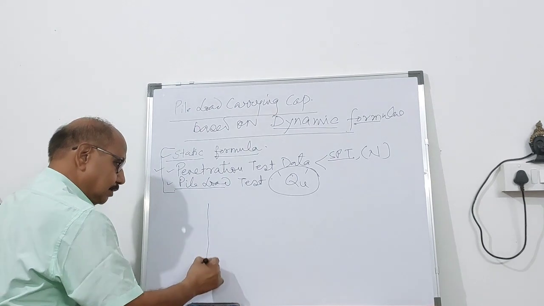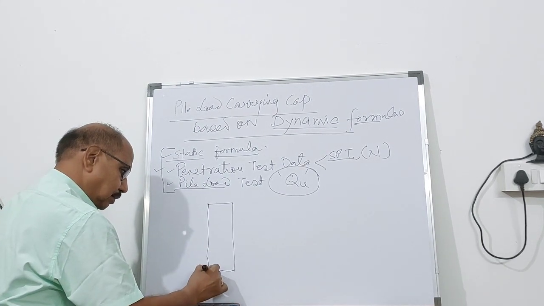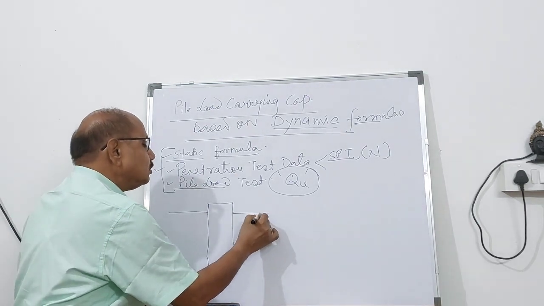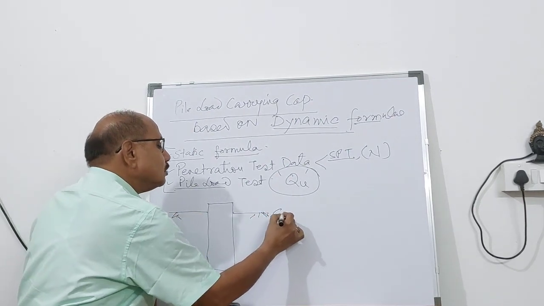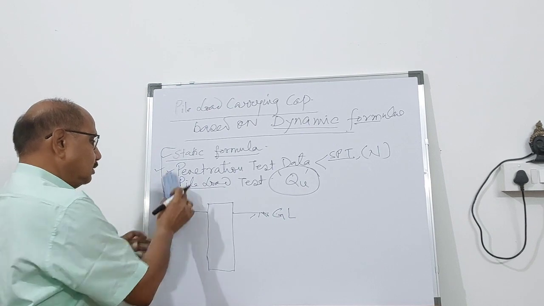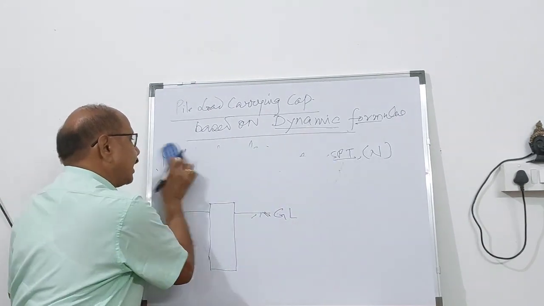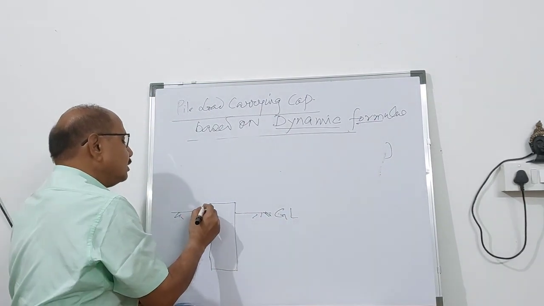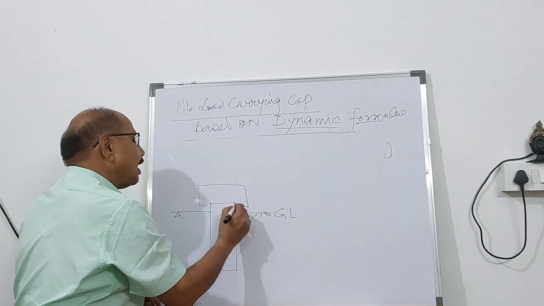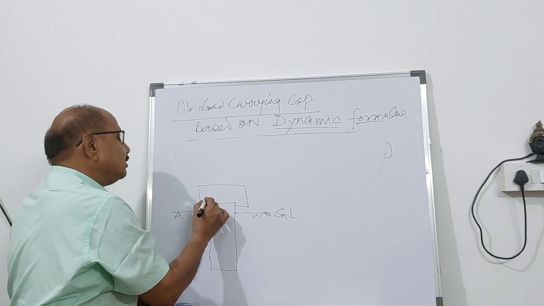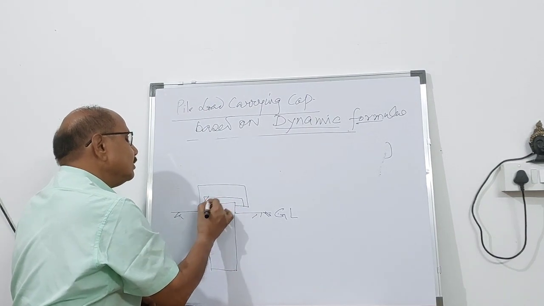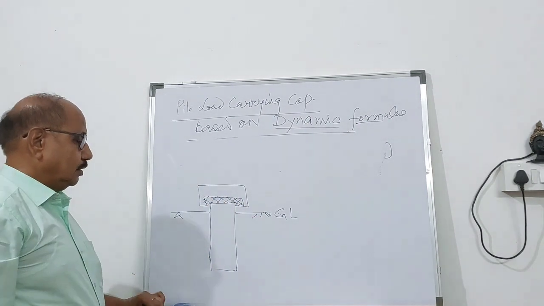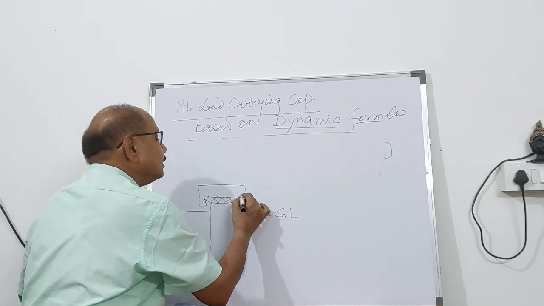So if you have a pile, this pile is embedded into the ground, and you want to carry out the dynamic test. So you will have to put a helmet over it. You can put certain elastic material, and over this helmet